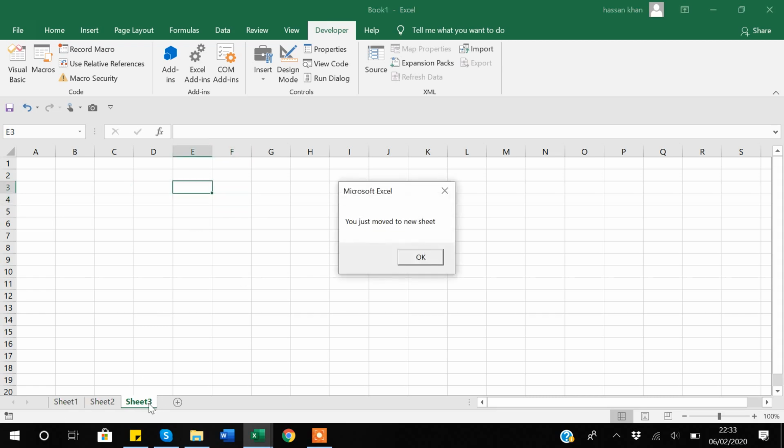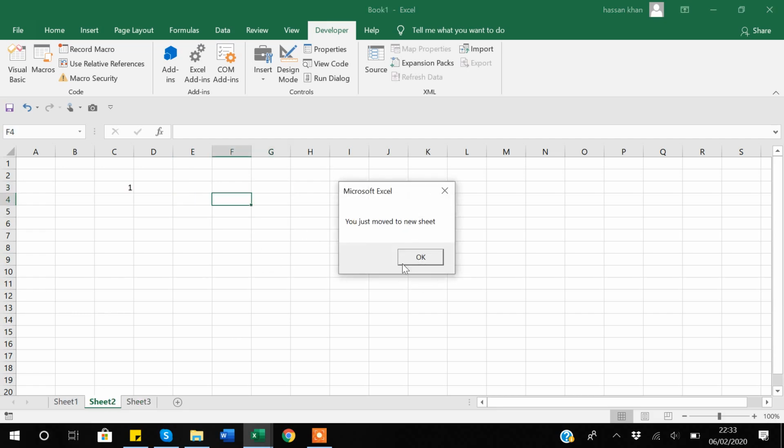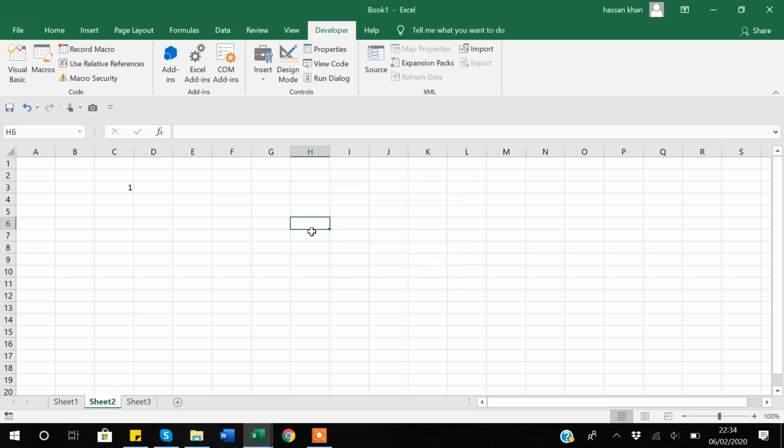Now suppose I move to sheet 3. It tells me that you moved to sheet 3, because that's a workbook level event. But within that sheet, if I select any other cell, it's not triggering anything. It's not giving me any pop-up. Whereas when I move to sheet 2, that's a workbook level event, and now if I select some cell, it says that you selected a new cell because this event is a sheet